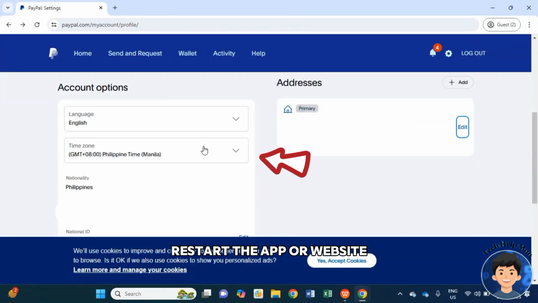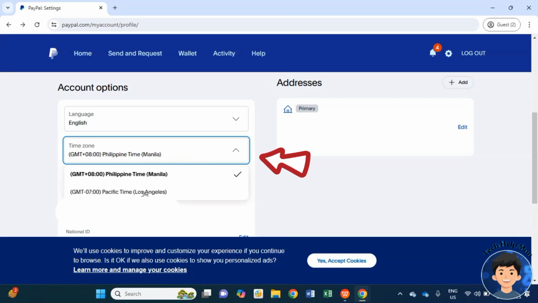Next, restart your app to see changes. You might restart your phone if it doesn't apply, and that's how easy you can change your country on your